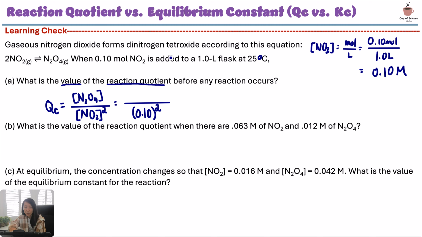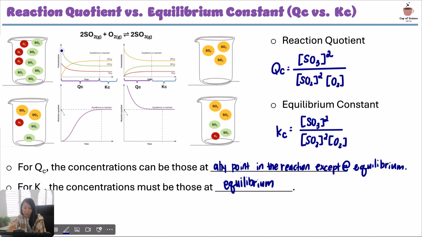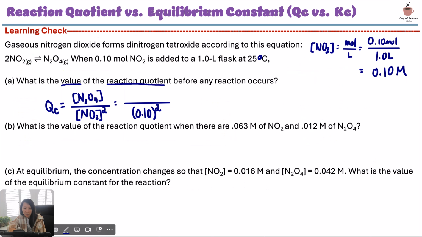But you see over here, I don't see any information about that. Well, what is the value of the reaction quotient before any reaction occurs? Meaning that you only have the concentration of the NO2. So if I were to go back to this graph here, it's at this point right here where you only have the reactant and none of the product. If you have 0 product, that means there's 0 concentration. If you have a 0 numerator, then automatically the Qc becomes 0. So the value of the reaction quotient before any reaction occurs would be 0